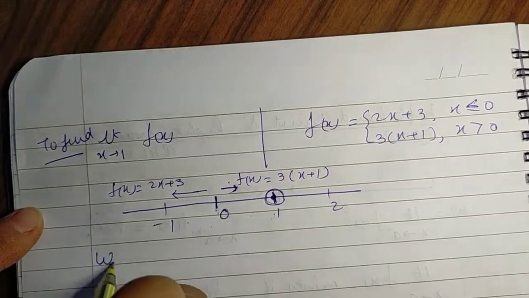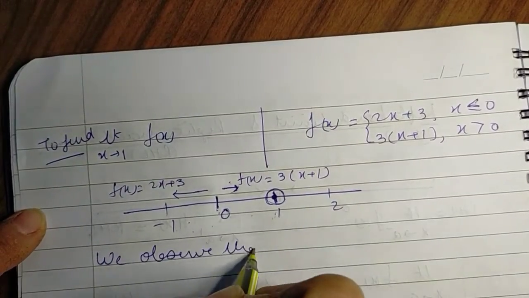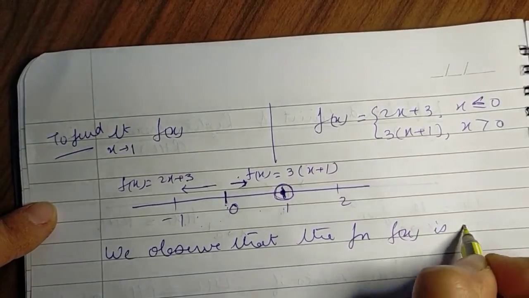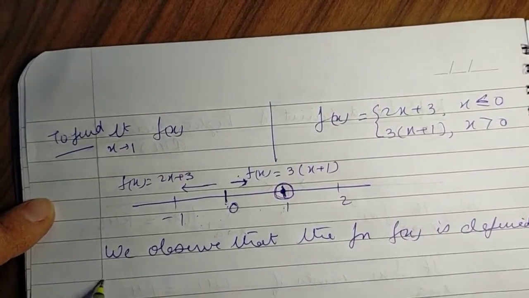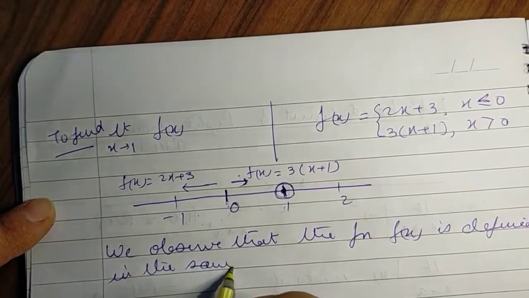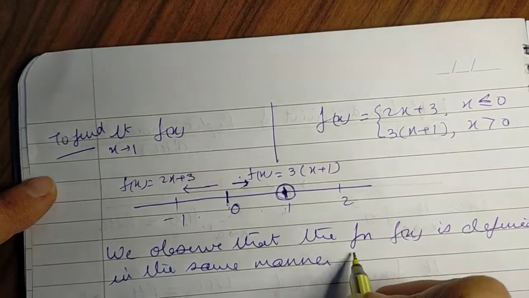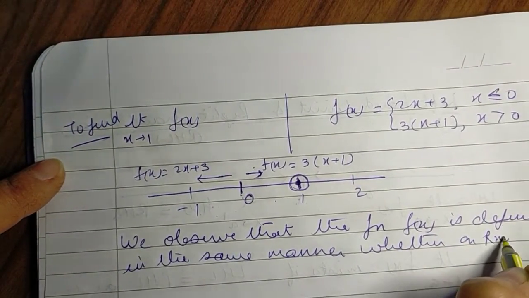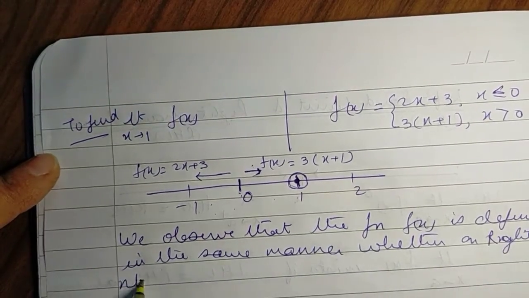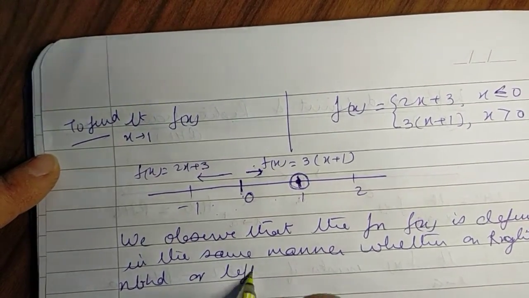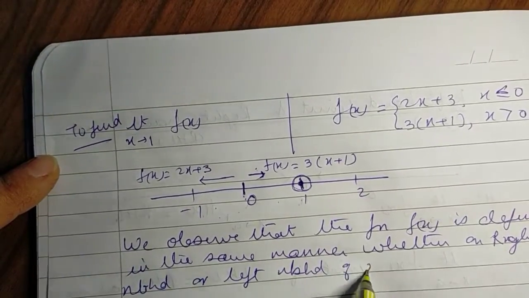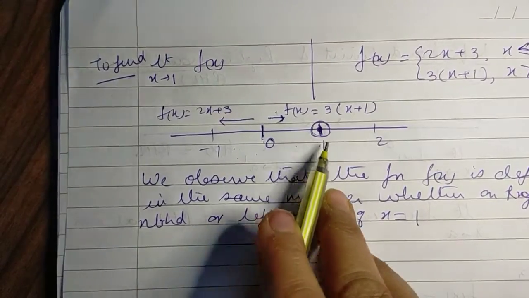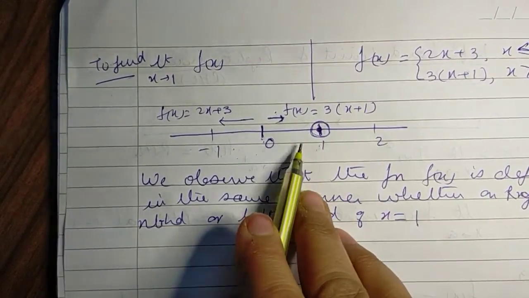Now, we observe that the function f(x) is defined in the same manner whether on the right neighborhood or left neighborhood of x equal to 1. So there is only a single definition of f(x) as x approaches 1